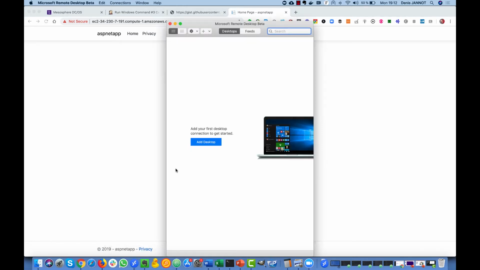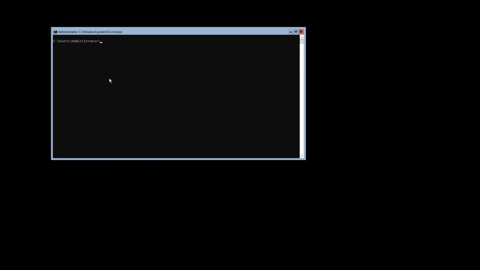And now if I go inside this machine, I can do a docker ps, and I see that I have my application running there, and I can just kill that guy here,